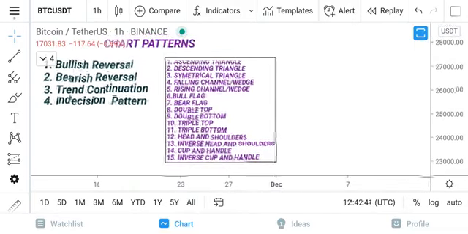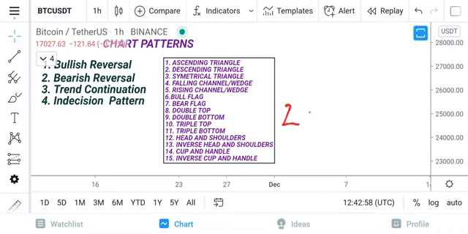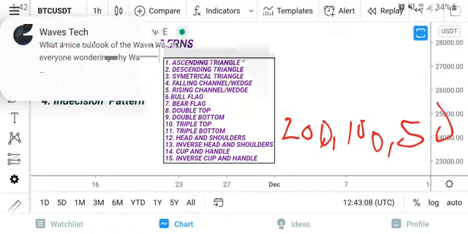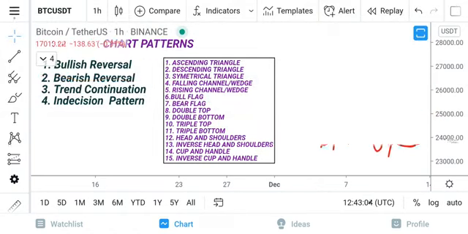Another thing to emphasize is that if the price is respecting the 200 period moving average, 100 period moving average, or 50 period moving average, you are going to be bearish and bullish. But if the price is respecting the 50 period or 20 period moving average, you are going to be looking for